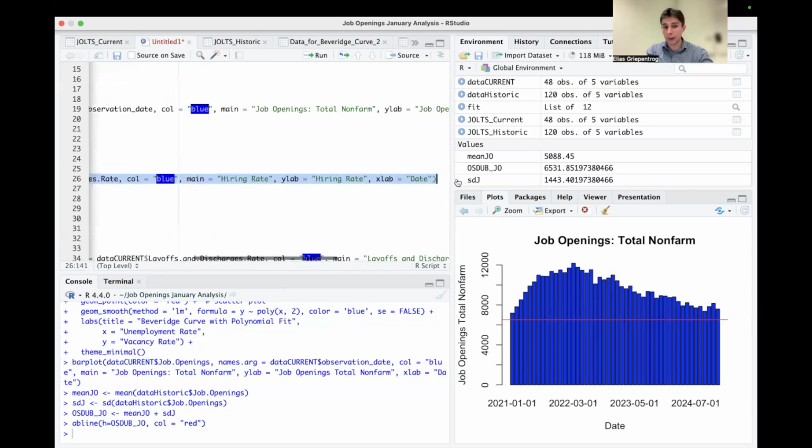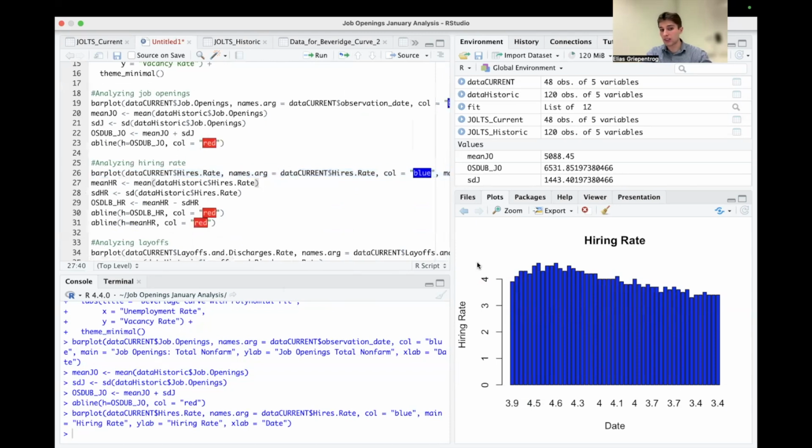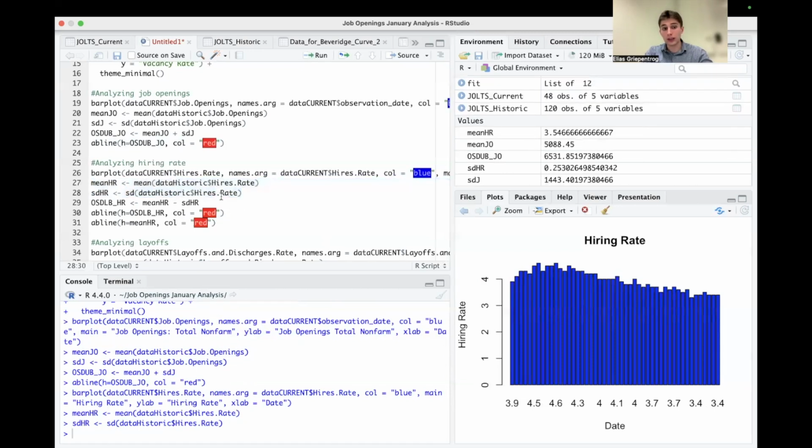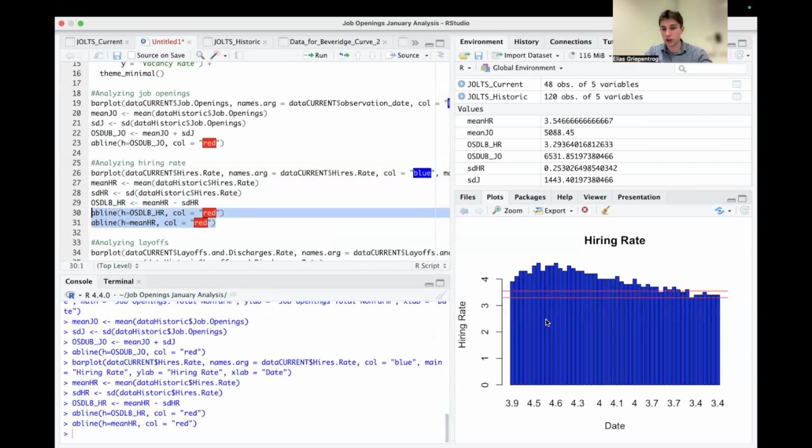So the next data point that we're going to look at is the hiring rate. And what we saw in December is the hiring rate remained unchanged at 3.4%. But when we compute the standard deviation and the mean and the one standard deviation lower band, which is the mean minus one standard deviation, and then plot the mean as well as the one standard deviation lower band, with the one standard deviation lower band being the bottom line here,